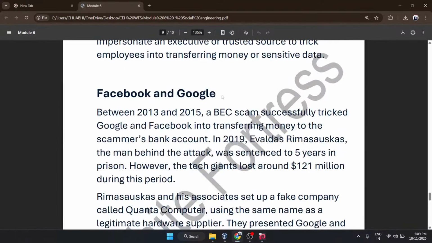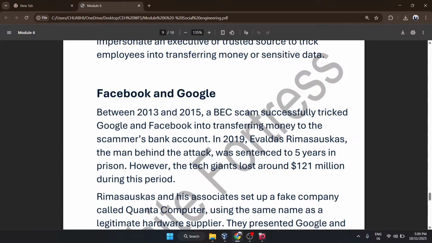So what happened? This person gathered information that they are dealing with Quanta Computers. Then this person found out who the people working in the finance sector were. For example, there was a person dealing with all the cash and the invoices.